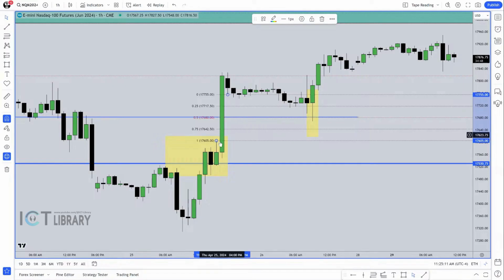We have to have something else. We already have it on the same time frame, which is the consequent encroachment of this buy side imbalance, sell side inefficiency. Why should you have that rule? Because ICT teaches that you don't want to see every imbalance completely closed in. That's what gives you the narrative. If it's always able to come back down and fill in every single buy side imbalance, sell side inefficiency, we're probably near the end of the price run.